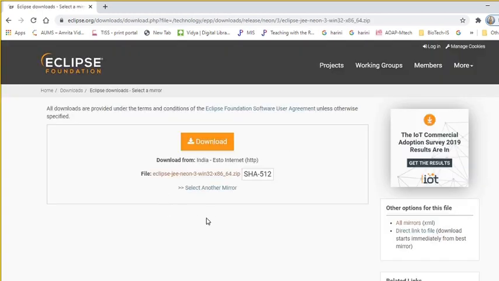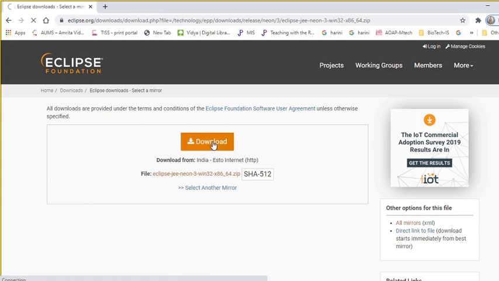It will come here. It is actually a zip compressed file. In order to install, we need to unzip this file. That's all. There is no executable file. For deletion of this program also, you can delete it from the folder. Whatever folder it unzips to, you delete that, and the program gets deleted. You need not go to programs and uninstall procedures, which we normally use for other programs. That is not required for Eclipse.